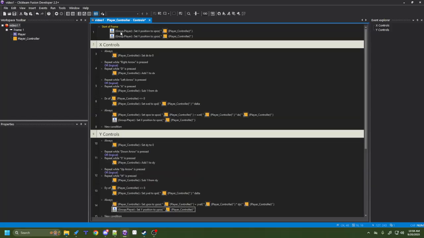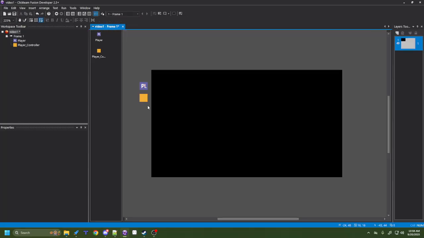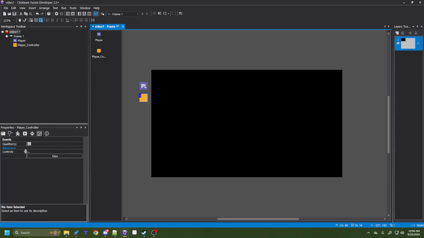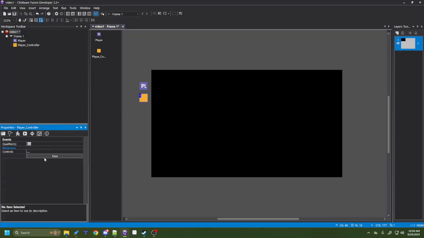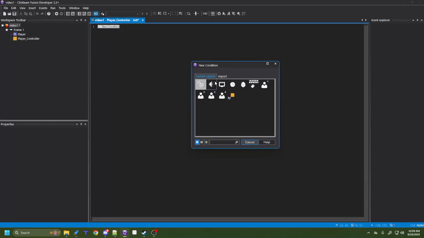And what's going to happen is this is the only change that has to be made now because we've already established the controls. But if you look, this does not have the player controller value. This does. And I'm going to go in here, and we're actually going to have to assign the X and Y position, which in here, let's go under this and create a new behavior. We're going to name this initialize or init. And we're going to edit this one, and then we're going to say at the start of the frame,